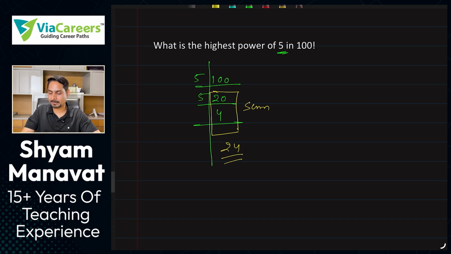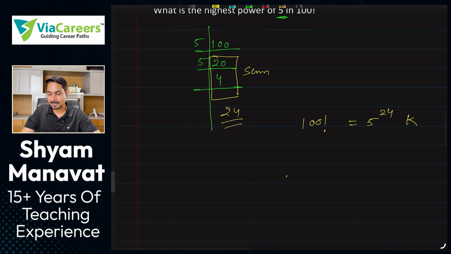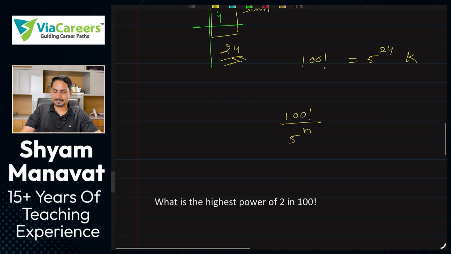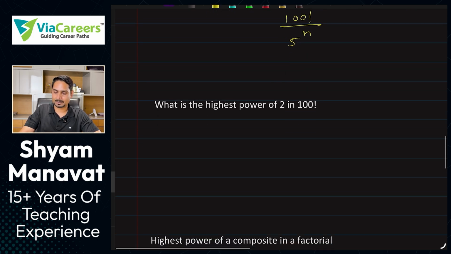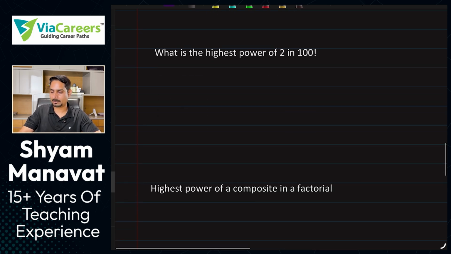So what is the highest power of 5 in 100 factorial? So 100 factorial is, you can take 5 raised to 24 common out of it. Okay, then you will have some constant number. You can also say 100 factorial is divisible by 5 raised to k. What is the highest power of n? You will say 24. Okay, it's one of the same thing, right? I hope you are getting this. Shortcut है भाई, shortcut. Long format में try करोगे बहुत time लग जाएगा.